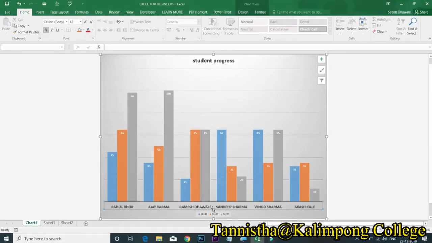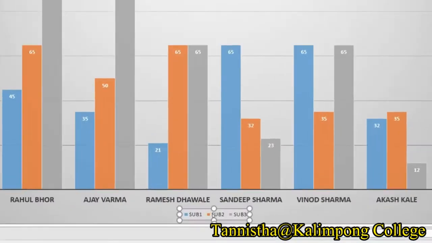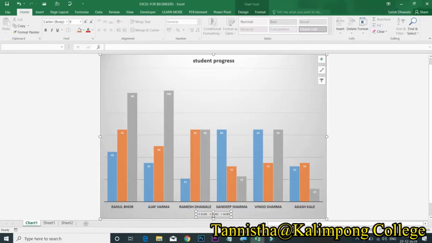Now whatever you are getting as subject 1, 2, 3, it is known as legend. A legend is a representation of entries on the plotted area of chart. You can move these legends in the bottom or right side or above the chart by click and drag method wherever you want.